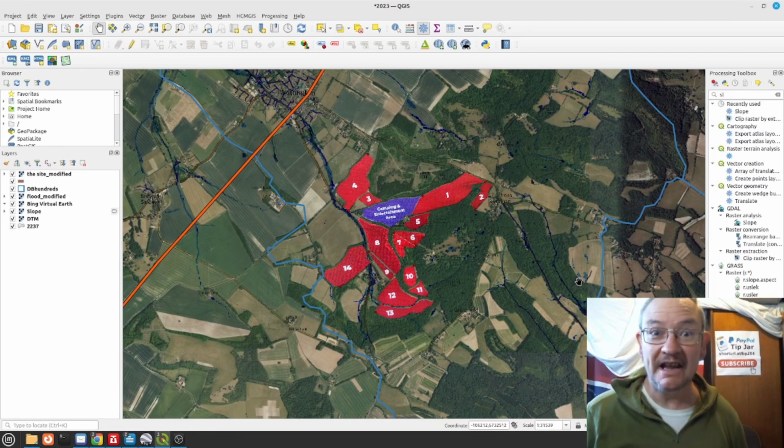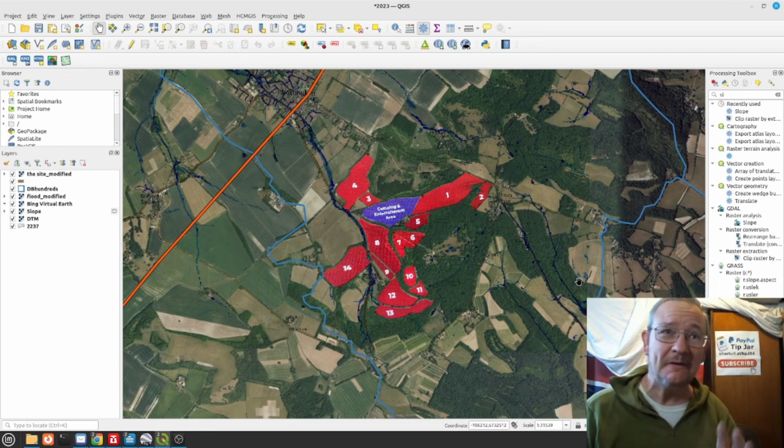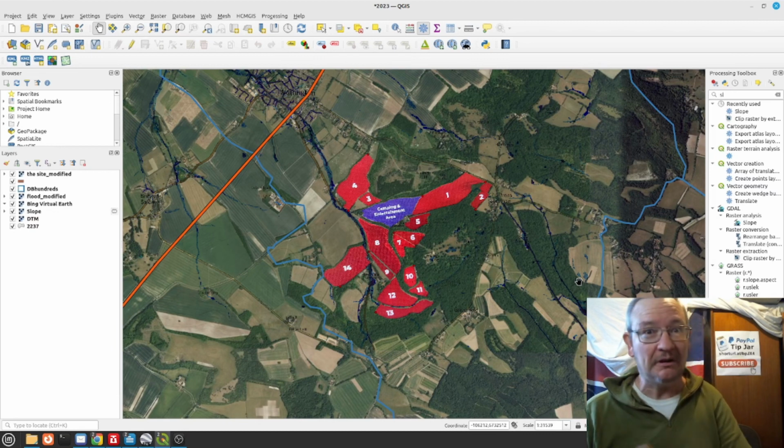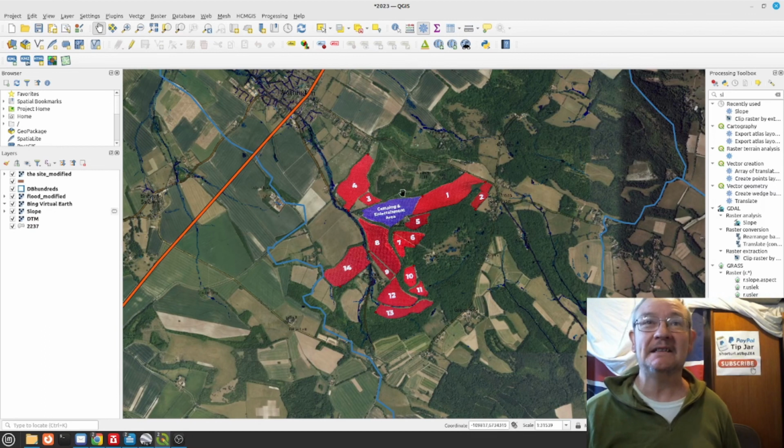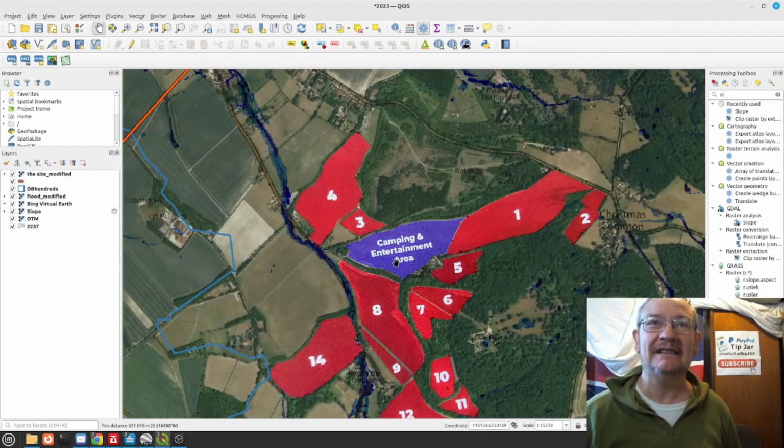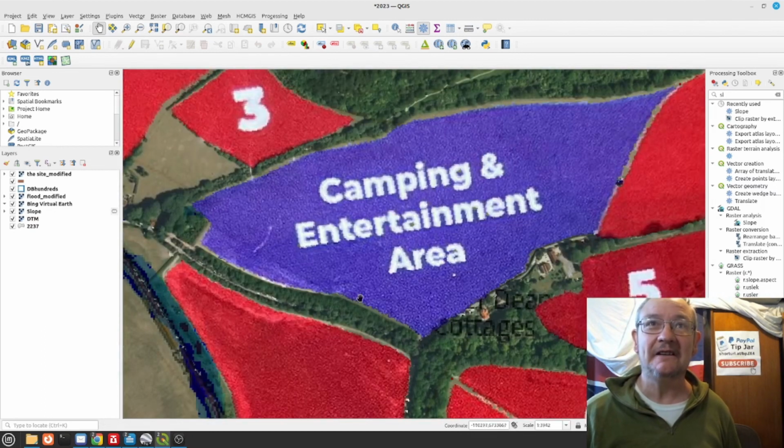Right, here's the site. Unfortunately, I got it in the wrong place. So I've made a slight error, but I think the organisers have made a bigger error. Yes, because if we go and look at the entertainment area here, where you're camping and entertainment area, one of